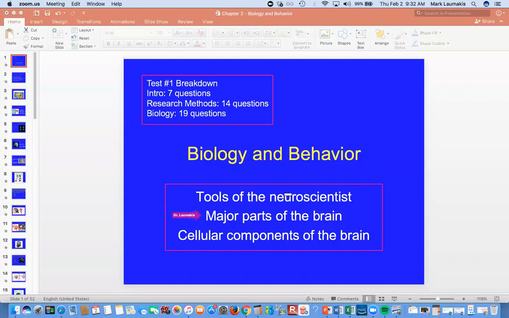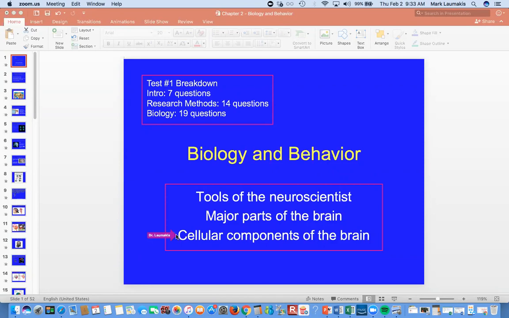Then we will look at the major parts of the brain. So it's basically brain anatomy this morning. Probably about 11 or 12 major structures we will have a chance to review this morning. We'll finish up with that on Tuesday, at which point we will then zoom in. So in the final 10 or 15 minutes on Tuesday when we are face-to-face, we will zoom into the cellular level and look at the neuron as sort of the cellular basis for activity within the brain, okay?